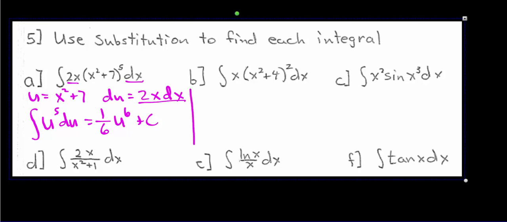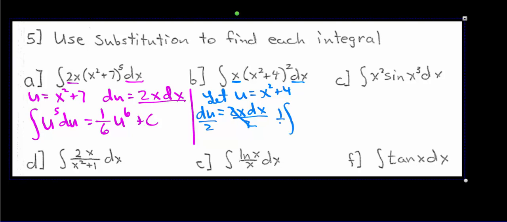Okay, now for this next one, I'm going to let u equal x squared plus 4. Now remember, what we're thinking of is when we do the du, we want to somehow be able to cover the rest of the integrand there. So look, du is equal to 2x dx. That's almost what I've got up there. I've got 2x dx up here, I've just got an x. So let me divide out the 2. And what you have now is 1/2 u to the second du,